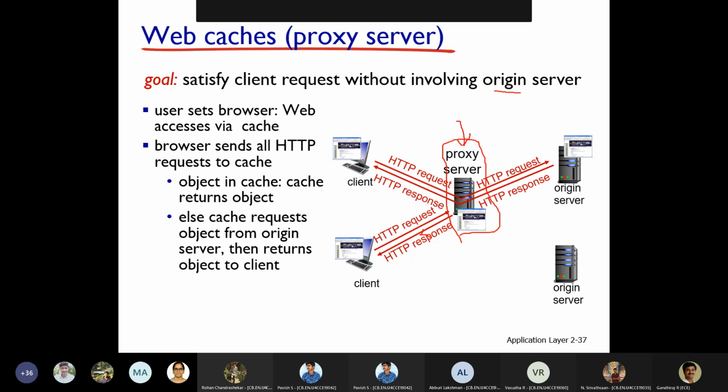Assume that we are inside a college network. One student wants to access one particular university website, say they are downloading some material from there. If the same student wants to get some other resources from the same website, and the already available information is in the local system, the response will be initiated to this client from this local system. This is very important. So for that, the proxy server can be used. So this is the idea of a proxy server.